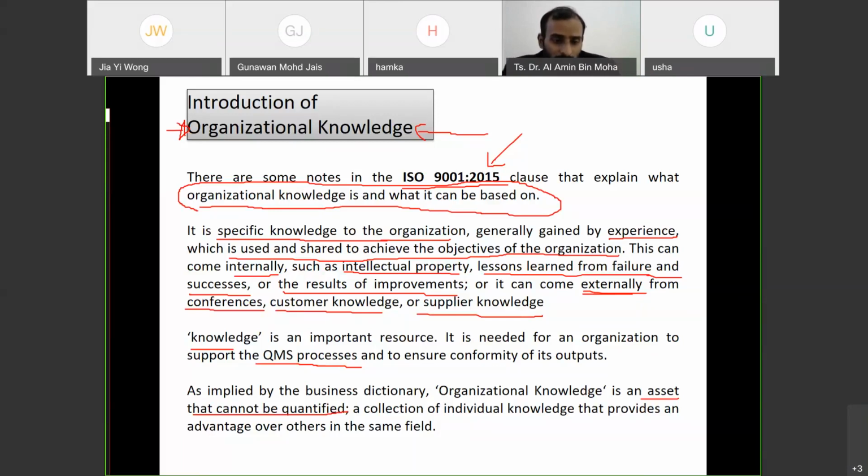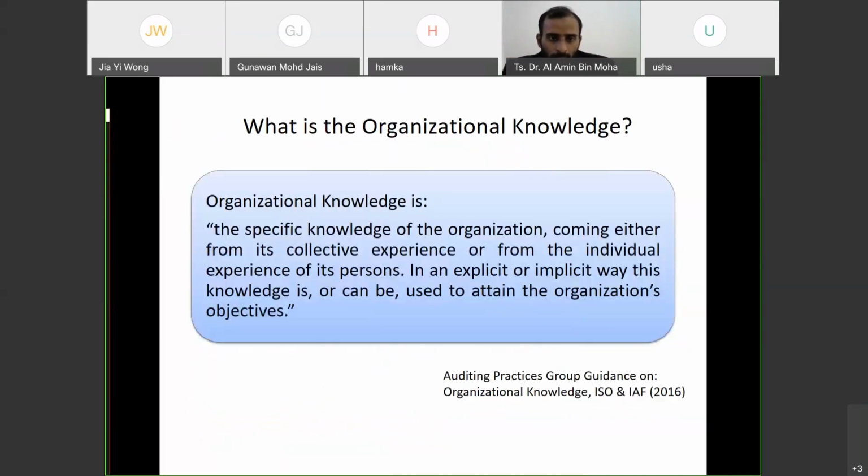This is a collection of individual knowledge that provides advantages over others in the same field. So it cannot be quantified, but it's there. It's just the matter of how the company benefits themselves and also others. Okay, so that's the introduction of organizational knowledge, the knowledge from the organization itself. Okay, here again,